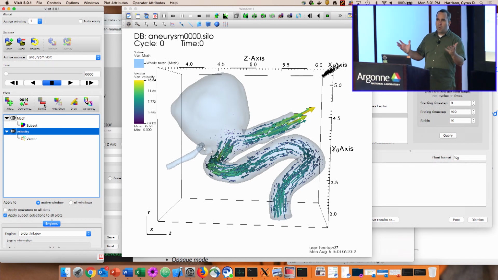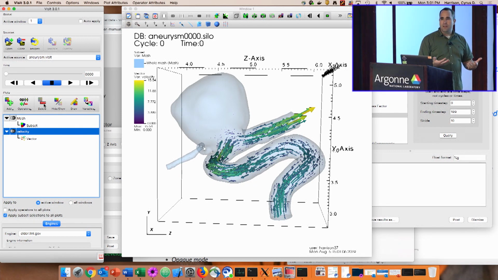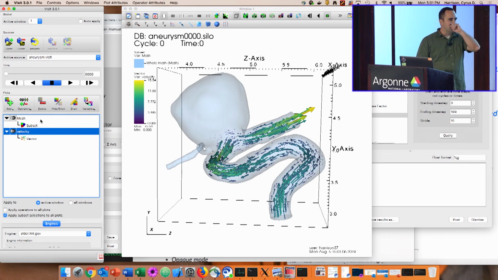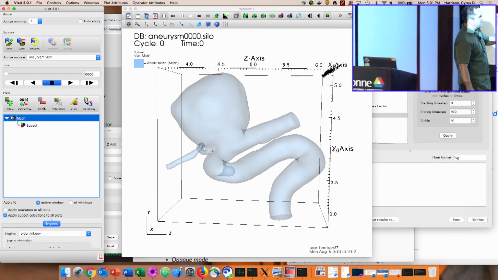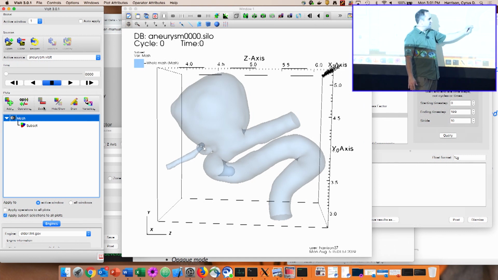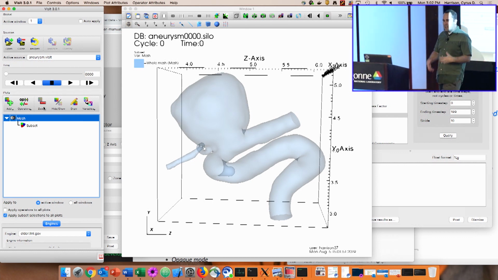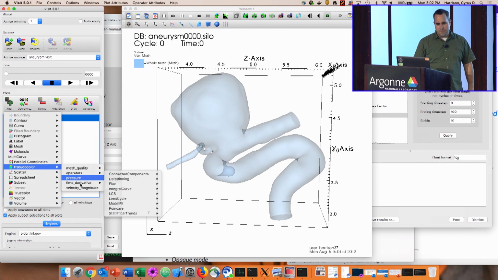But we don't know where that is. We could guess, but we could also use VisIt to help us find out. So let's use VisIt to help us find out. One way we can do this is we can do a slice sort of in this area of a pseudo-color plot, and then we can basically ask for the center of that slice, or ask for some point on that slice. To do that, I'll create a pseudo-color plot of our pressure,